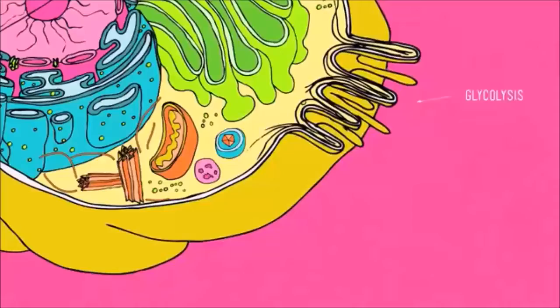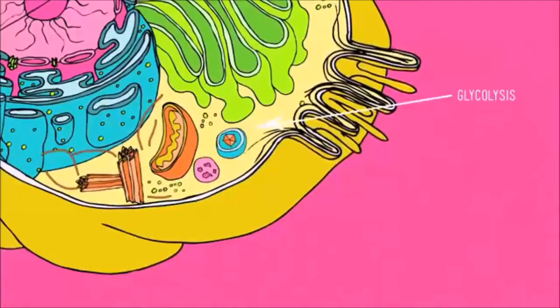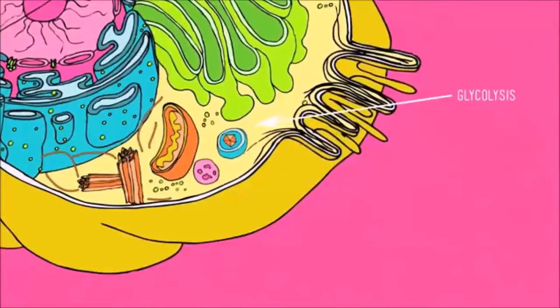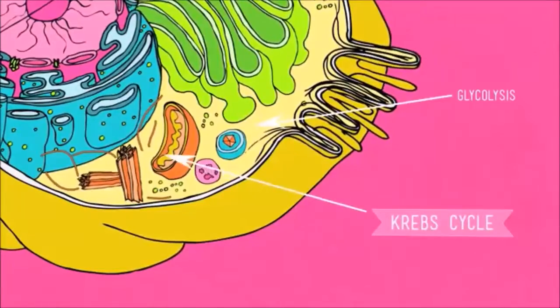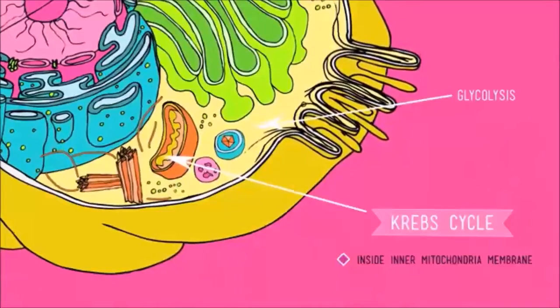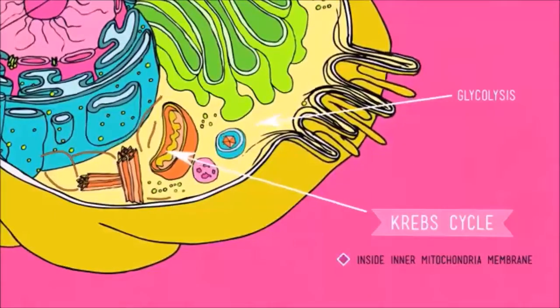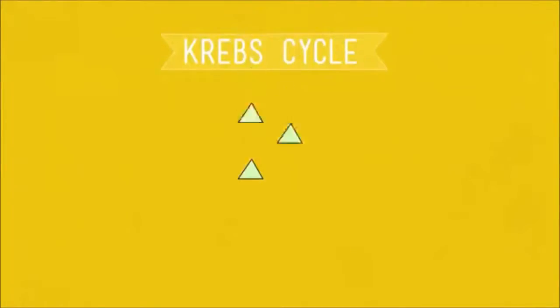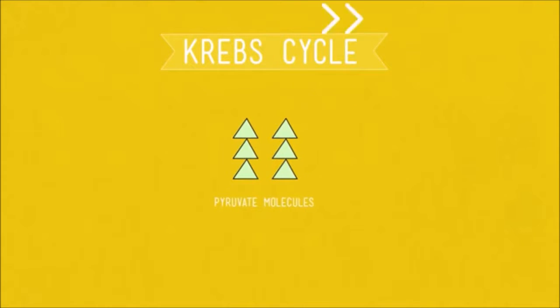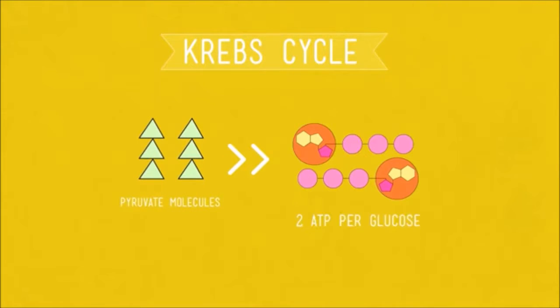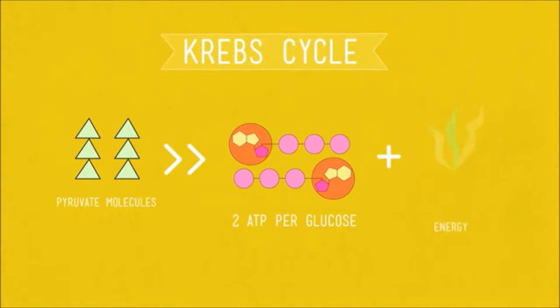So while glycolysis occurs in the cytoplasm, or the fluid medium within the cell that all the organelles hang out in, the Krebs cycle happens across the inner membrane of the mitochondria, which are generally considered the power centers of the cell. The Krebs cycle takes the products of glycolysis, those carbon-rich pyruvates, and reworks them to create another 2 ATPs per glucose molecule, plus some energy in a couple of other forms, which I'll talk about in a minute. Here's how. First, one of the pyruvates is